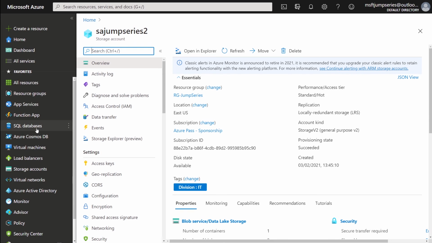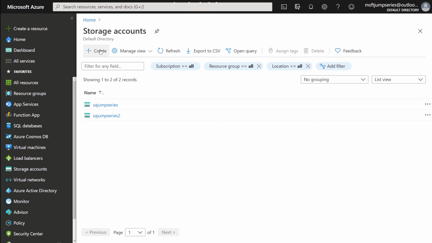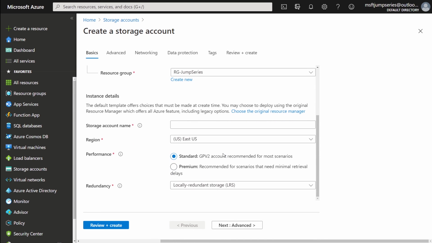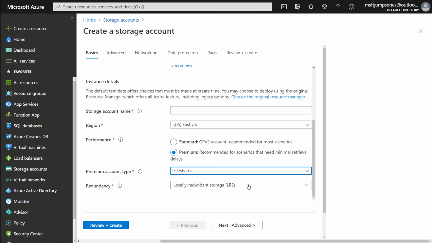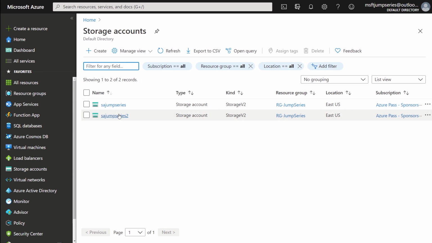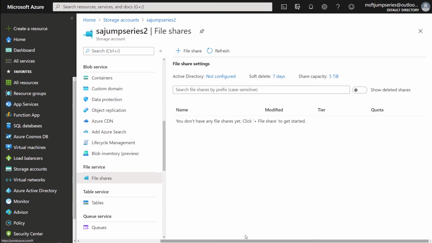If we go back to the portal, open the storage accounts again and click create, here you have the option of going premium and selecting a storage account. This one will be optimized. Well, it's responding slowly. Sorry. We can see here file shares, storage account, right? So this is an option to create it optimized with the whole purpose of using the storage account for that. But if we already had a storage account, we can open the one we already had, select the file share on the file services, click on new,